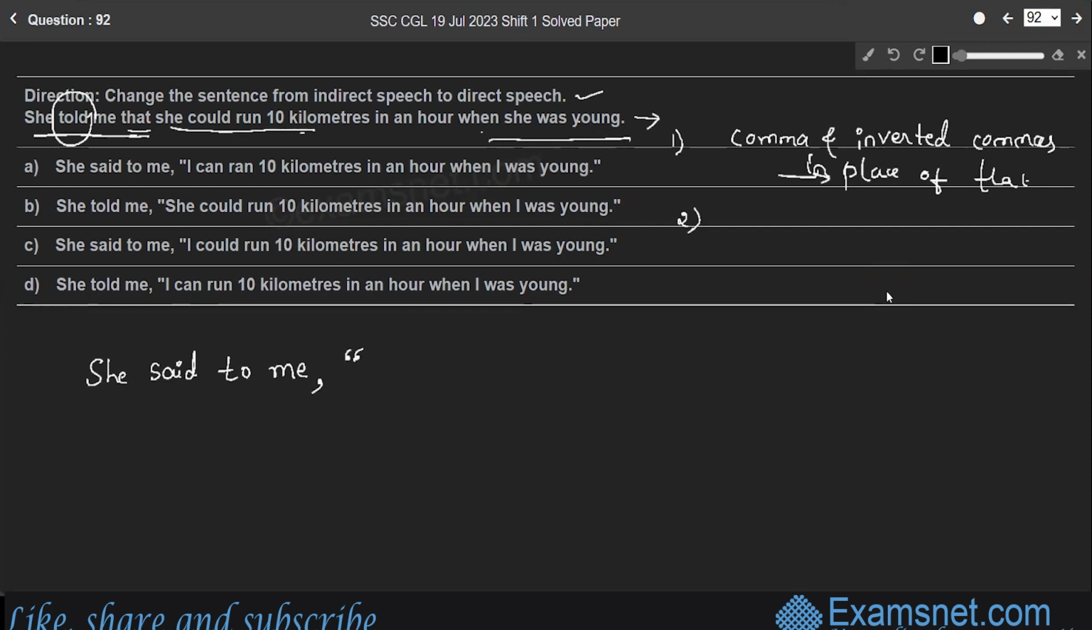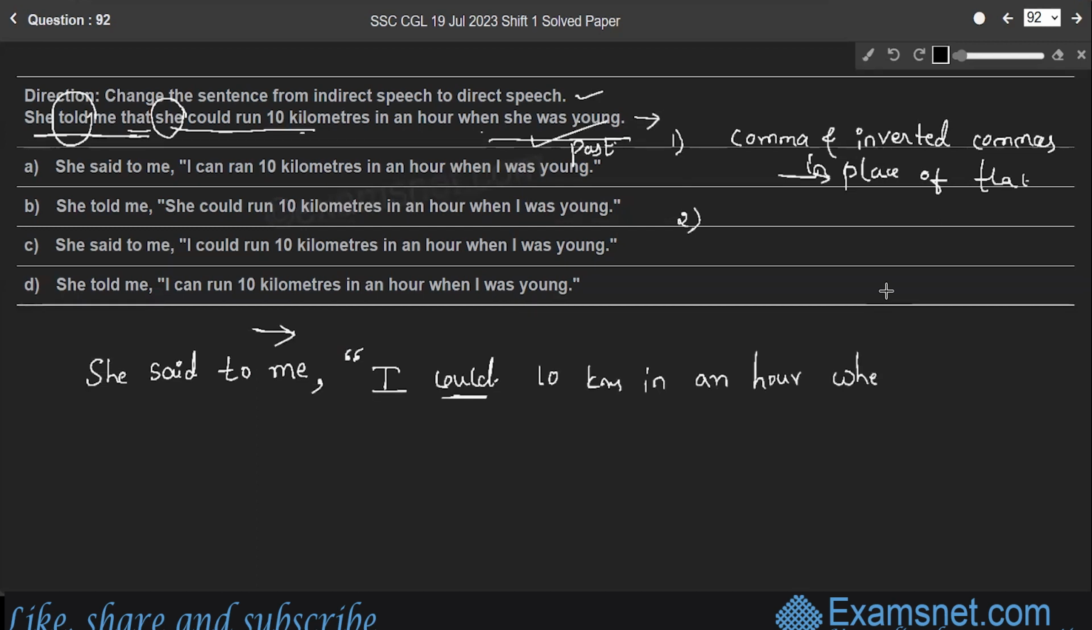Here the third person, she, will become I because that person is telling here. As it is in the direct speech form, so I could run. Why is it I could run? Because the sentence is talking about the past ability when she was young. Therefore, I could run. The modal could remains unchanged. So I could run 10 kilometers in an hour